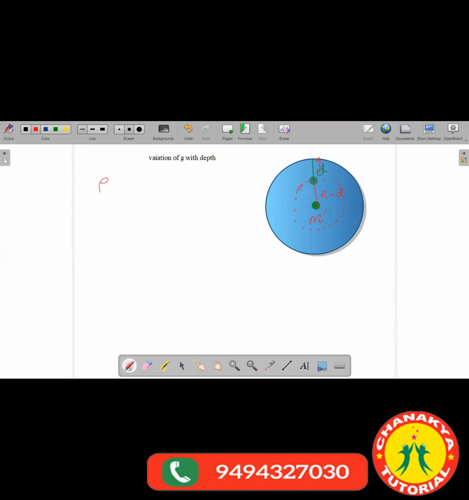We can obtain the density of Earth, rho, which will be equal to mass by volume, and volume of Earth is given by 4 by 3 pi r cube. So this is the density of Earth. Assuming the density of Earth to be uniform, however, it's not actually uniform, but still we assume that the density of Earth is uniform. There is not much variation. So we can find out the mass of Earth which is enclosed within the volume of radius r minus d. So the mass enclosed, m dash, will be equal to